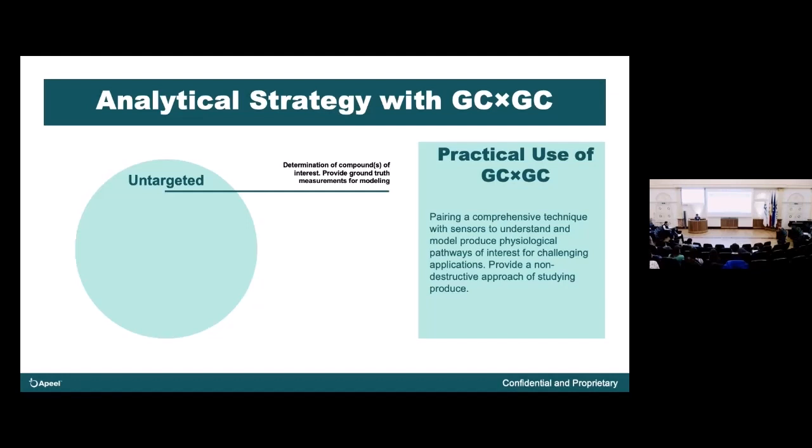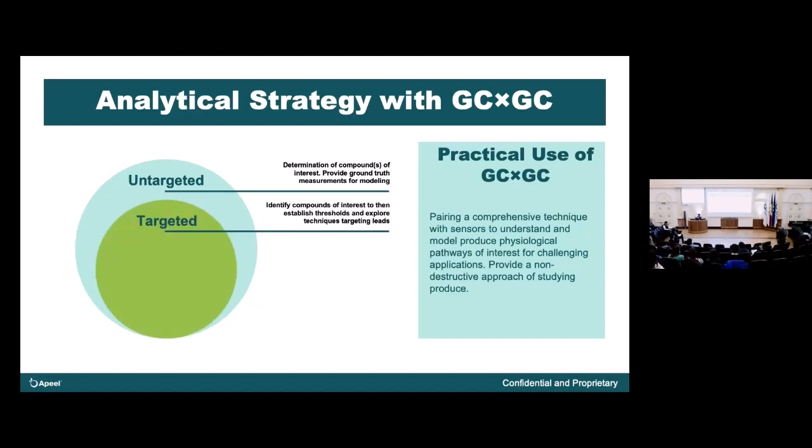Is there something there? And maybe even provide a little bit of ground truth for modeling aspects. From there, we can then hone in on more targeted analysis, where we identify compounds of interest. Maybe we can select some sensors if there's just one or two, or maybe we can start to establish thresholds and things